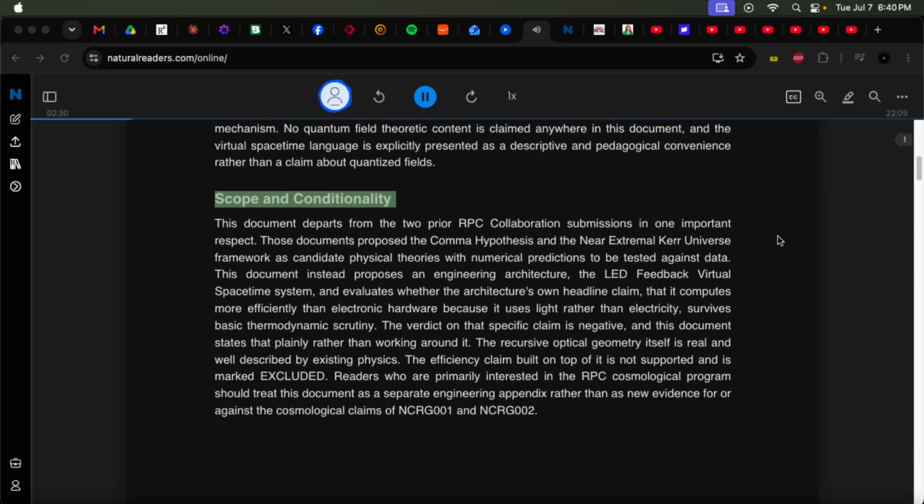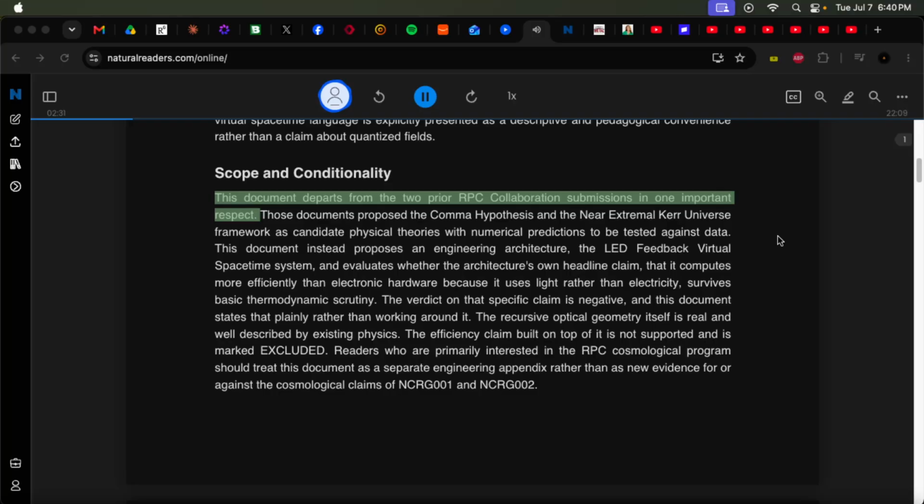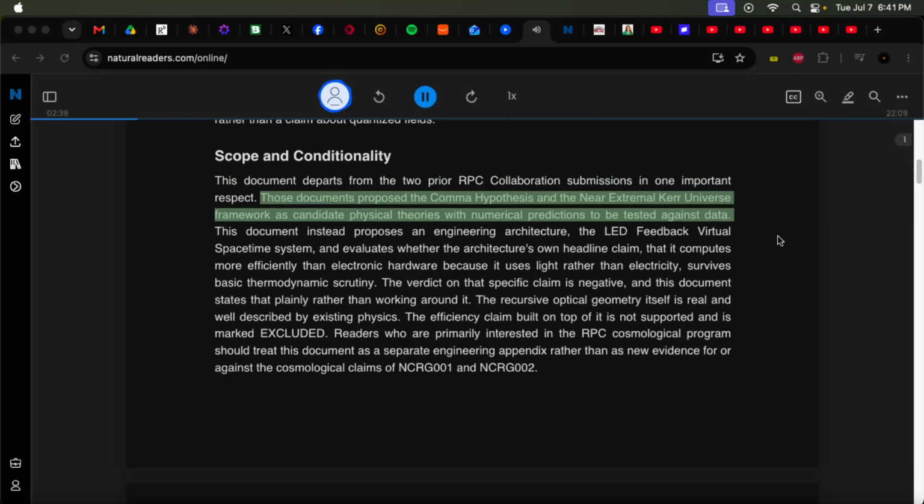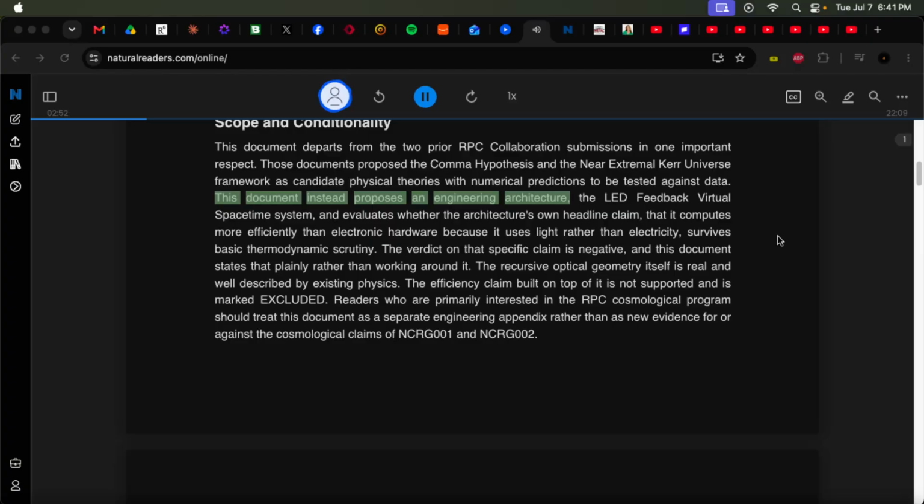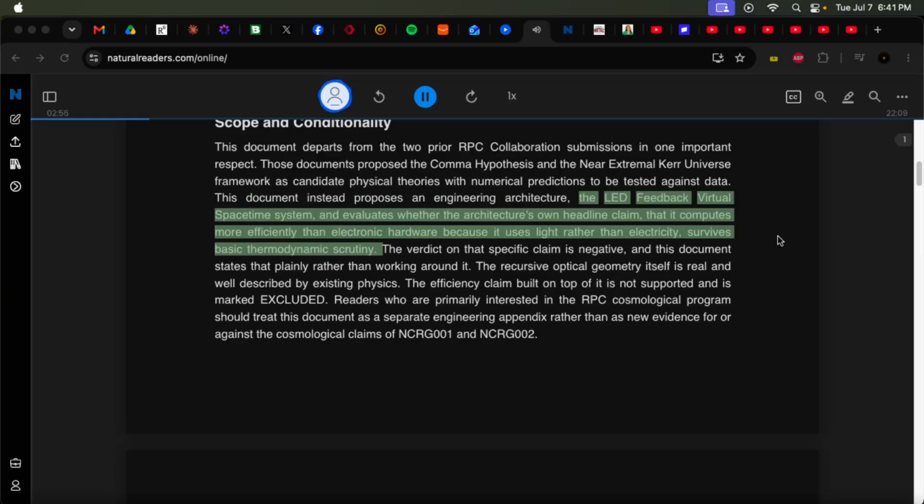Scope and conditionality. This document departs from the 2 prior RPC collaboration submissions in one important respect. Those documents proposed the comma hypothesis and the near-extremal Kerr universe framework as candidate physical theories with numerical predictions to be tested against data. This document instead proposes an engineering architecture, the LED feedback virtual spacetime system, and evaluates whether